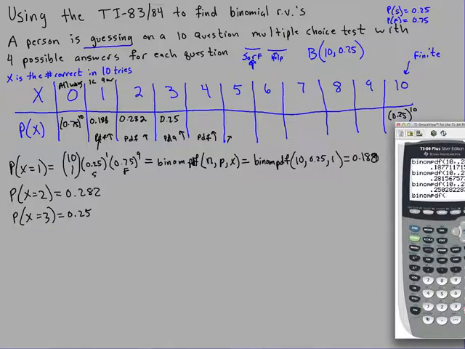I'm answering 10 questions. I have a 25% chance, and I'm going to get 6 right. Now obviously these are going to be smaller, because if you're totally guessing, we don't expect to get 6. So this one right here would be